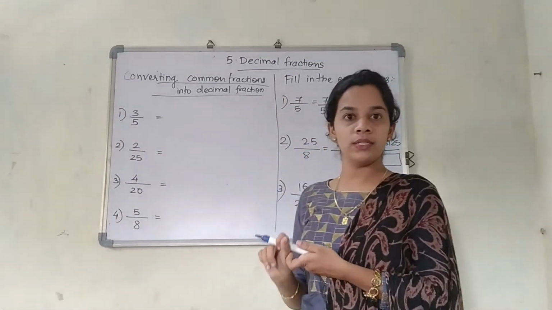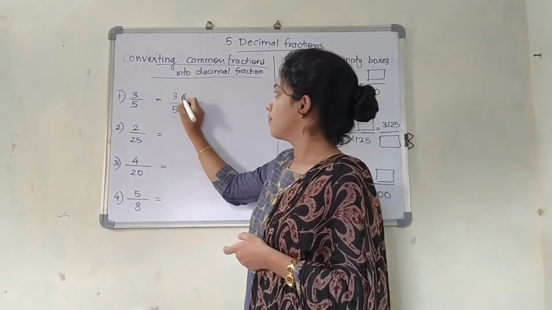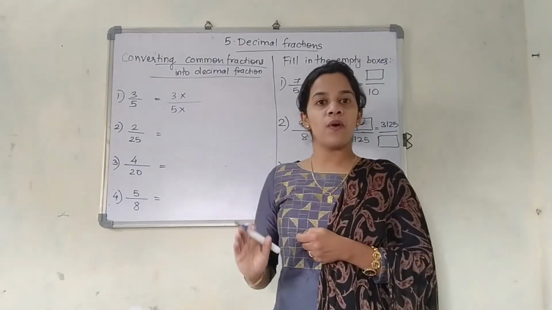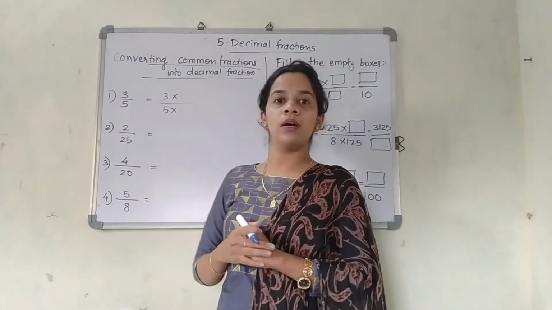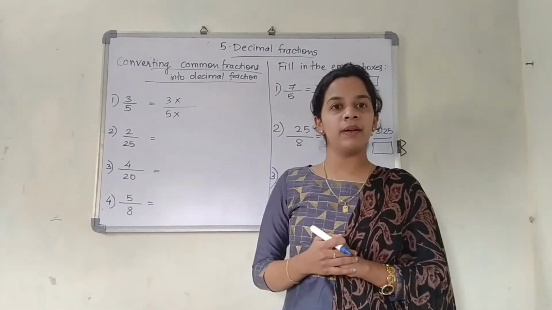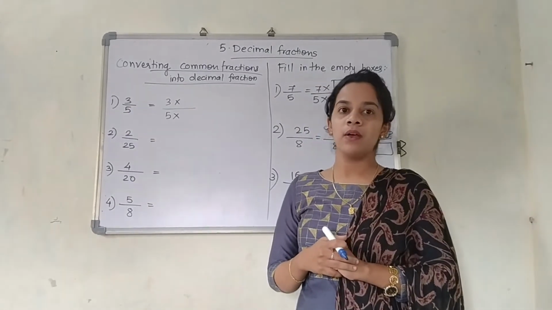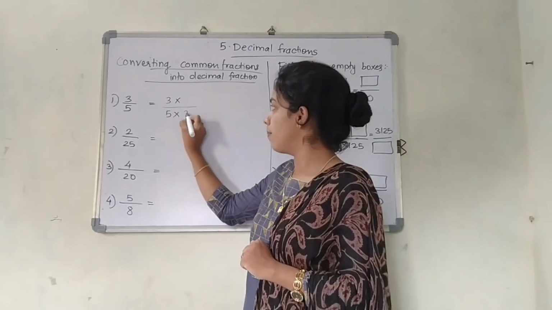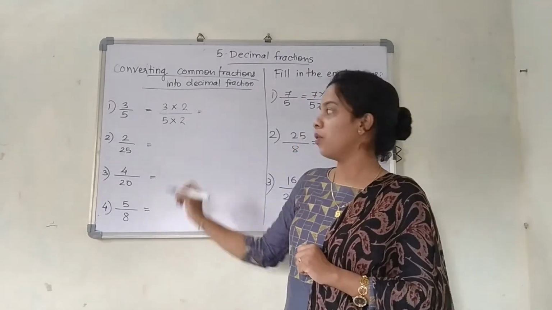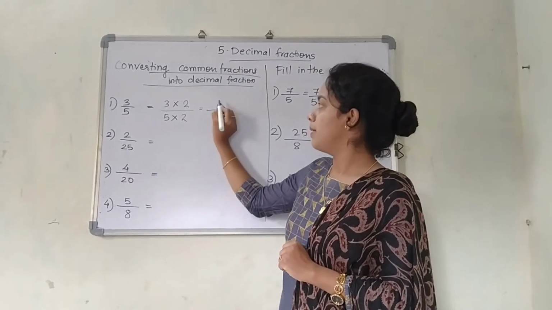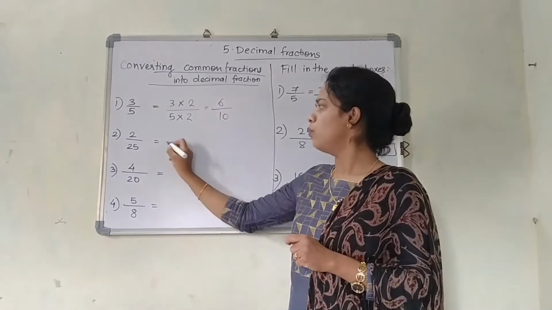So what we will do? Now 3 upon 5. What is our first step? We are going to write 3 upon 5 as it is. Multiplication. Now tell me, 5 how much will be 10? Why 10? It is nearest to the 5. We will focus totally on the denominator. Don't look at the numerator itself. 5 how much will be 10? Yes, 5 2s will be 10. If I am multiplying the denominator by 2, I should multiply the numerator also by 2. So 5 2s will be 10, and 3 into 2 will be 6.